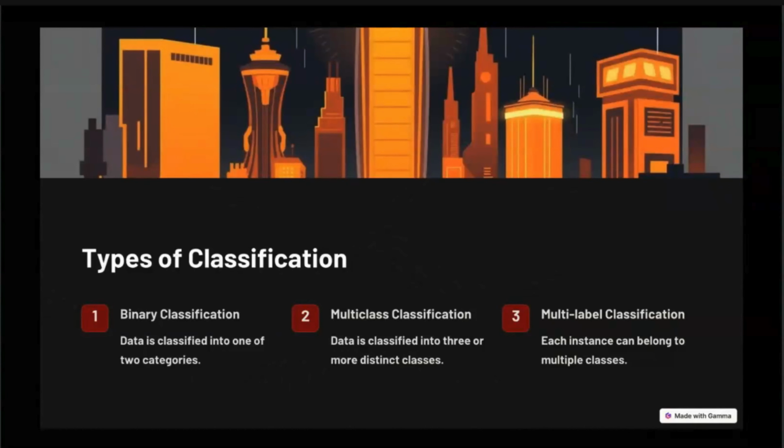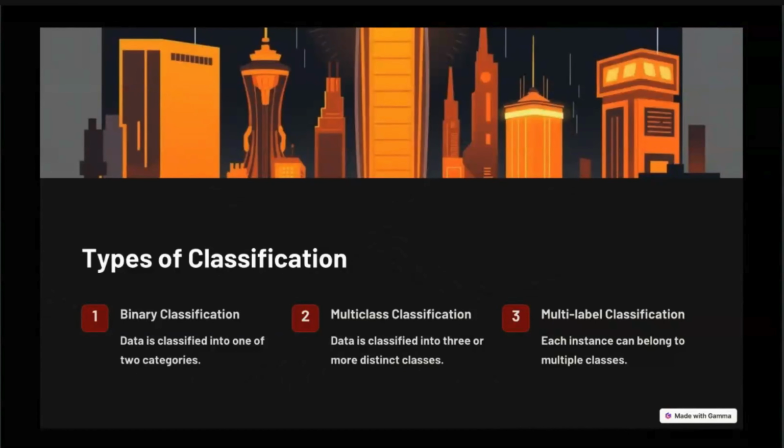An example of binary classification is spam detection. In your email, there are spam emails. Does anyone have an idea about spam? Spam calls, yes sir, fraud calls coming, yes. And in emails there is a spam option, some emails are spam. So spam detection classifies emails as spam or not spam.